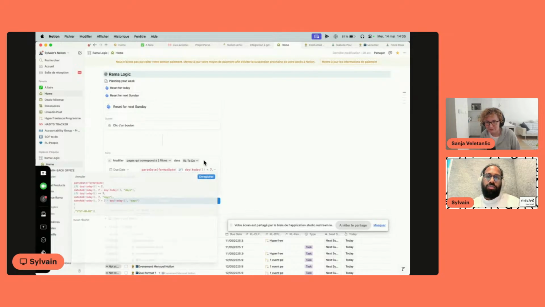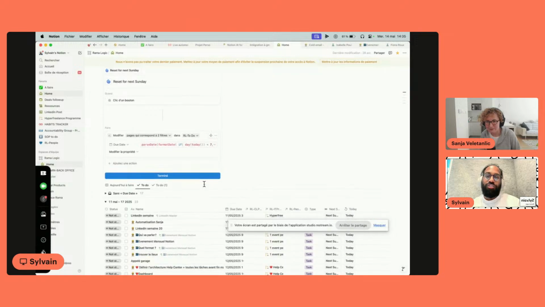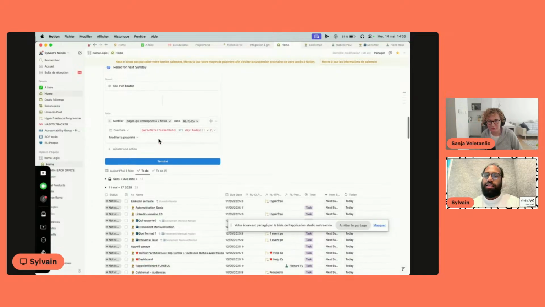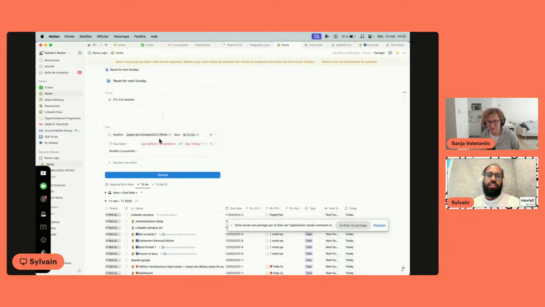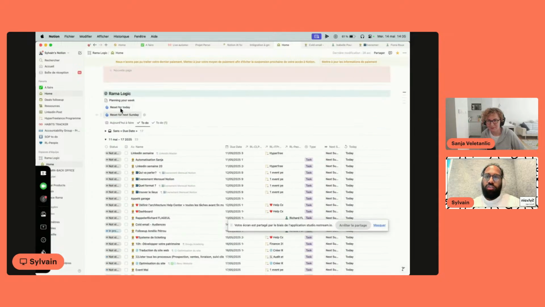It's pretty useful because sometimes you have a lot of overdue tasks, and that's bad, but you don't want to click on each task. You just want to say, okay, every task before today, reset to next Sunday. This kind of small automation is really efficient for your everyday life. And you can do the same for today. I can just click on this, and all my overdue tasks will move to today.